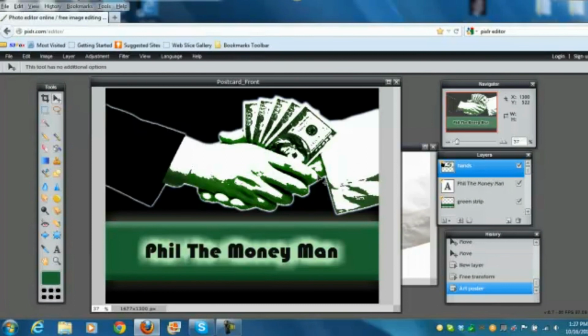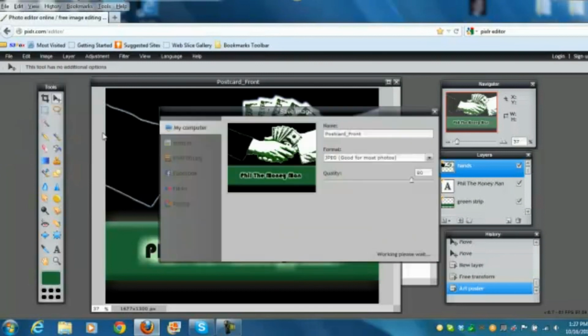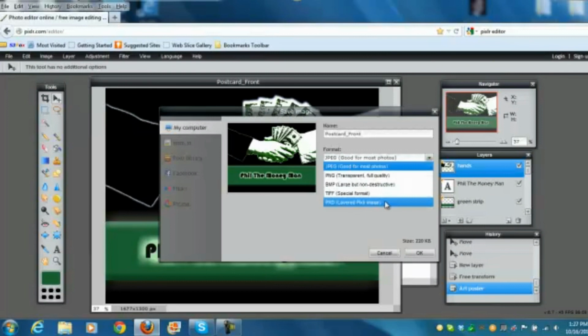Oh, I'm sorry, before I go, to save this, let me go over this again, even though I know you know this already. You want to click save, and then you're going to want to always save it as a layered pixel art image. Okay, so you keep all your layers over here, so you can always come back and make changes. So we're going to do that. And then we're going to change this to